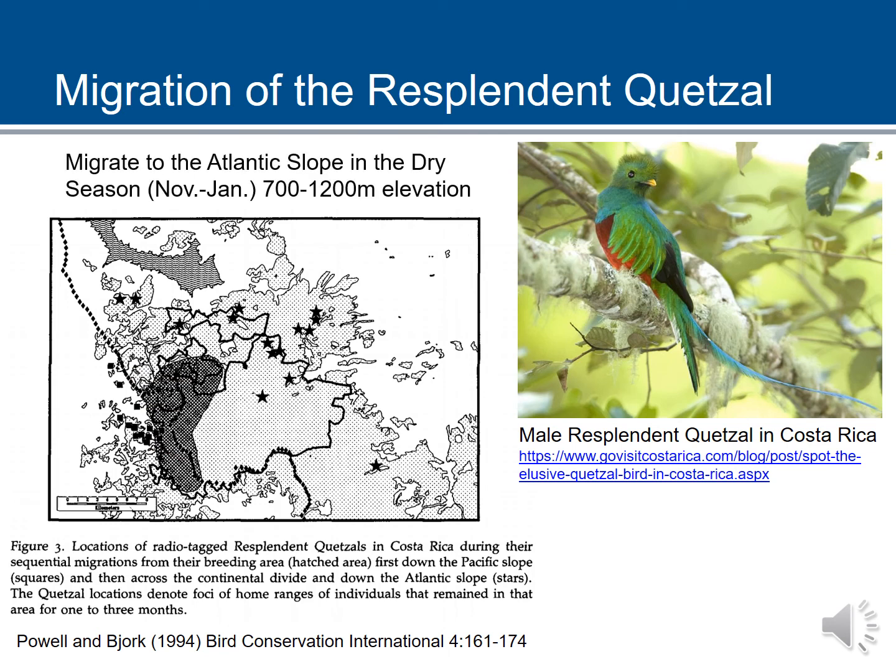From there, they migrate over to the Atlantic slope during the dry season, November through January and into February, because the Atlantic slope is more moist year-round as opposed to the Pacific slope. So by doing this circular migration, they basically move from the desired breeding habitat to areas where resources are going to be available in short availability during the wet season to a less dramatically dry area during the dry season,